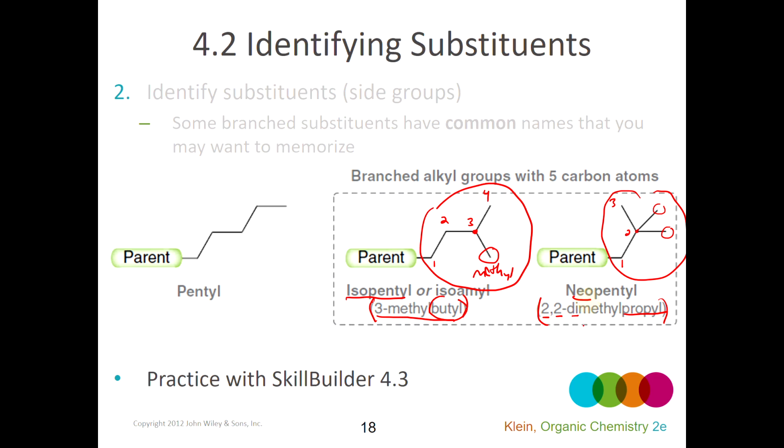The neo prefix refers to a carbon that doesn't have any hydrogens. So if you can remember that, there's going to be maximal branching in a neo group. So neopentyl has a total of 5 carbons in that substituent, and there's maximal branching at one of those sites, so it has 0 hydrogens attached to it. So that's a neopentyl. The neopentyl is like the terbutyl,